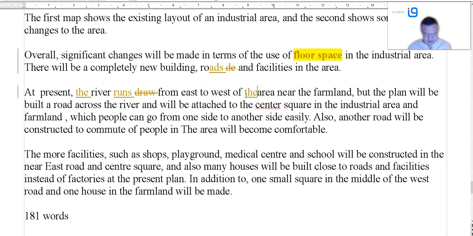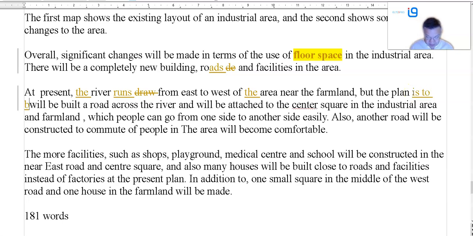the area near the farmland. But the plan will be built. But the plan is to build. Not will be built, but the plan will be built. So how can you have a plan that will be built? A plan is to show you what will be built. You're not building a plan. So, but the plan is to build